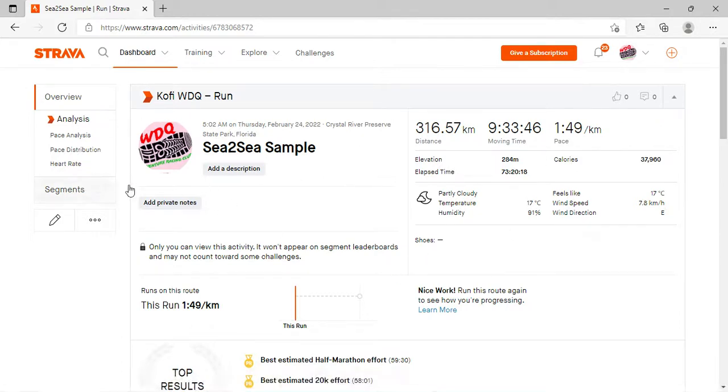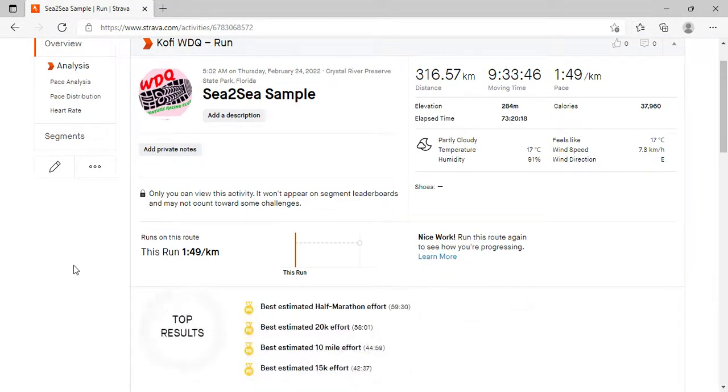I have uploaded it here to my Strava on my desktop, and you see it has the total thing. This is actually not mine. This is another team's that I need to use for this example. So